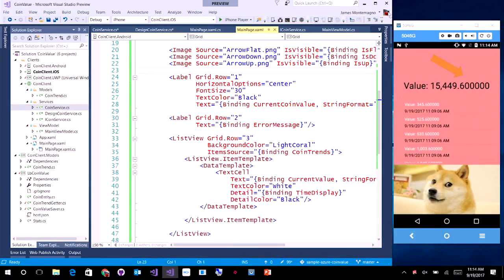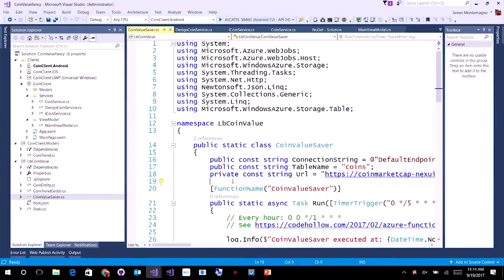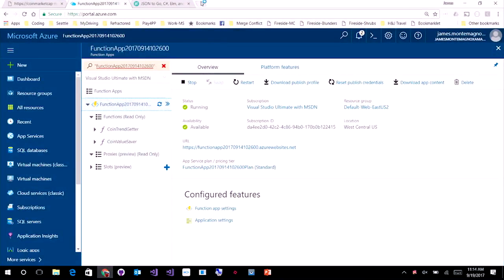All right, so here's what I'm going to do. I'm going to go ahead and jump over to a finished version of the actual application. And we can see it's still the same coin service. I'm using all this here. But what I've done is I've added a few NuGet packages. And the first thing that I've done here is I actually went to